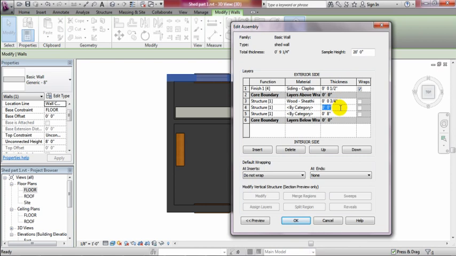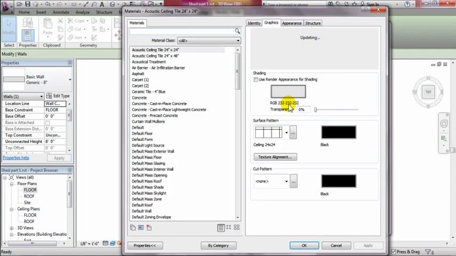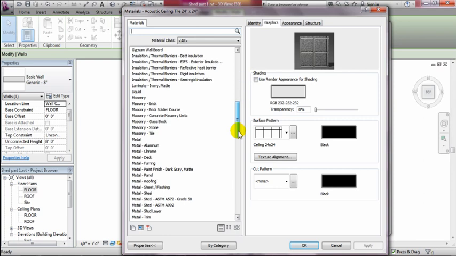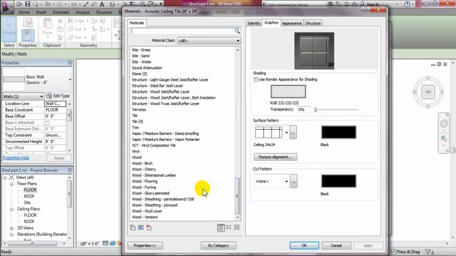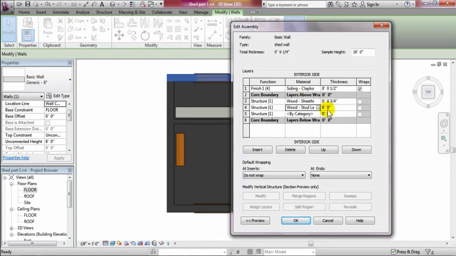Okay. The next layer is going to also be structure 1, and we're going to go by category again. And this time we're going to do wood, and we're going to do a stud layer. Hit OK. And this thickness is going to be 3.5 inches. So my inches here, I'm going to do 3.5. And then my last structure boundary, I'm going to push this down 1 so that the core boundary